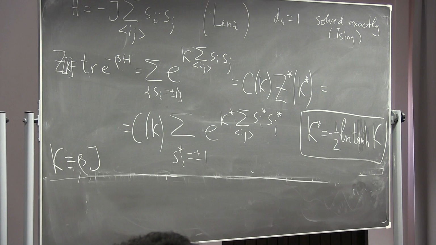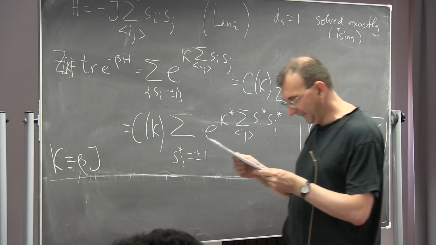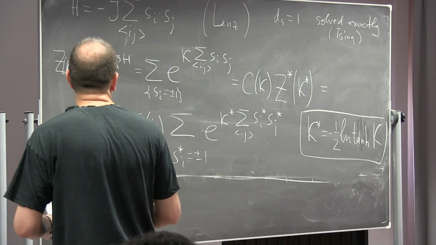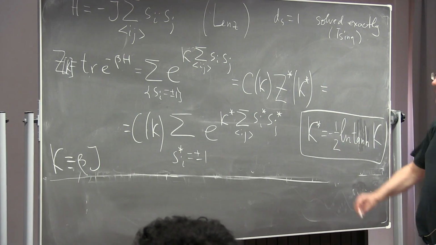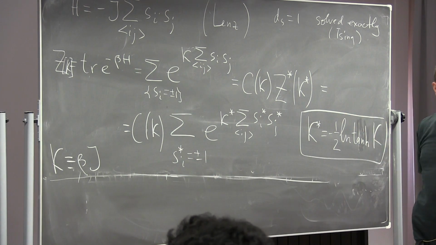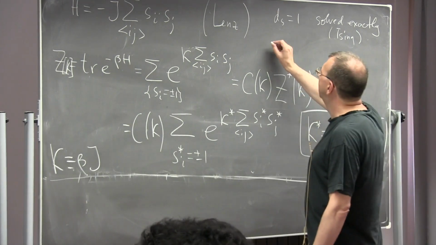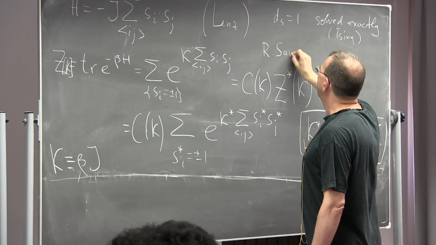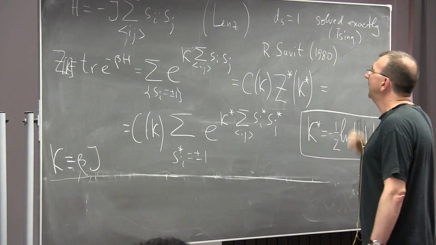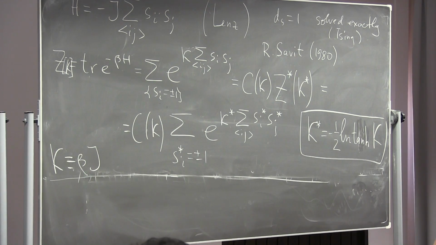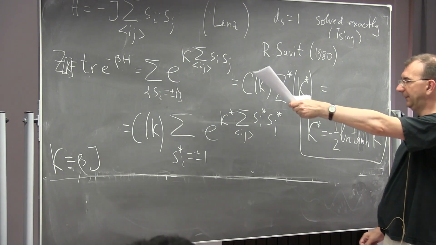Now, you may ask, great, so what is s star exactly and how has this been achieved? You haven't told us anything. Indeed, this is true. It requires a little bit of work, and I won't do it explicitly. This is done in a very good review by Robert Savit, which also enters my reference list. It's an old review, 1980, but it's very explicit and pedagogical. So it is fairly straightforward to get from this thing to this thing.